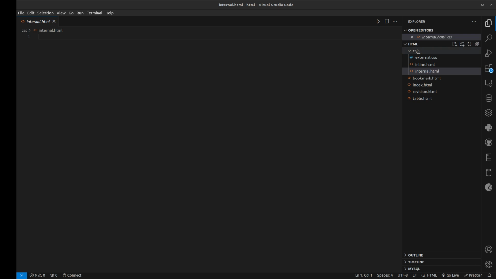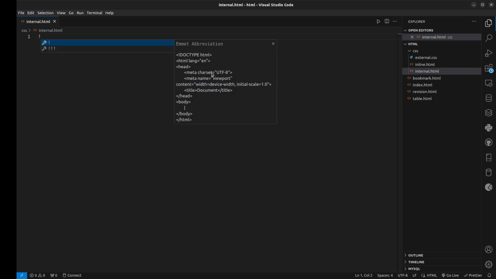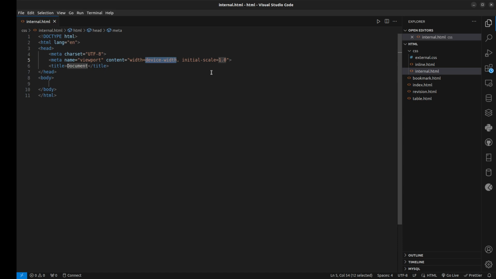So I've opened a folder called CSS and I put internal HTML, that is for the internal CSS. So I start my building block, right? Press enter and I want to change my document title here to internal CSS. Okay. So I want to start doing some things and then just make some coloring there. So I say H1, then press enter, and I put Anchor University,